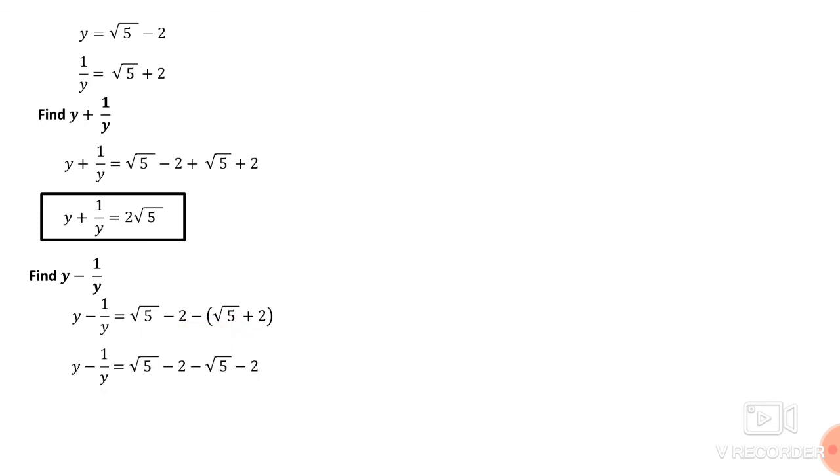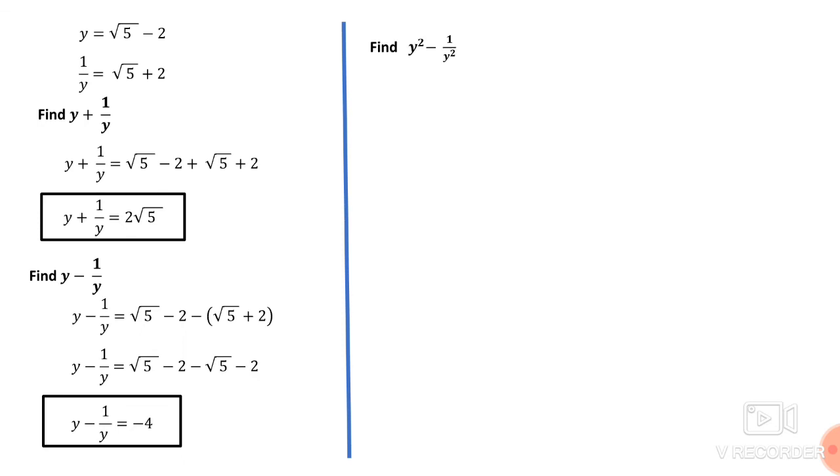So we will get square root 5 minus 2 minus square root 5 minus 2. This minus square root 5 and plus square root 5 will be cancelled out, and we will have only y minus 1 upon y is equals to minus 4. This is the value of y plus 1 upon y, and this is the value of y minus 1 upon y. Now we have to find out